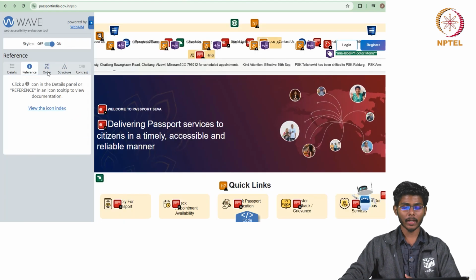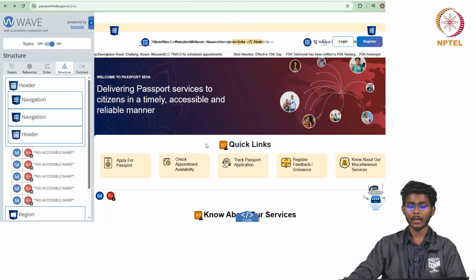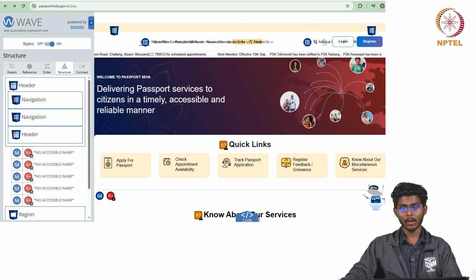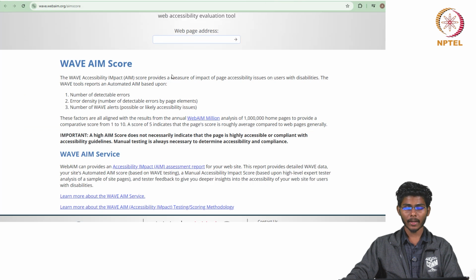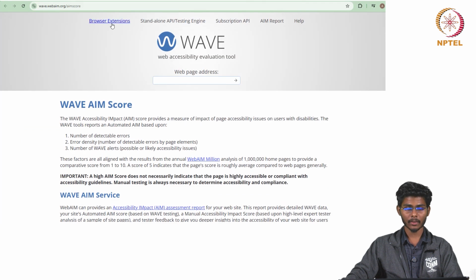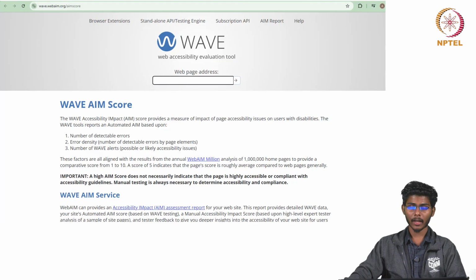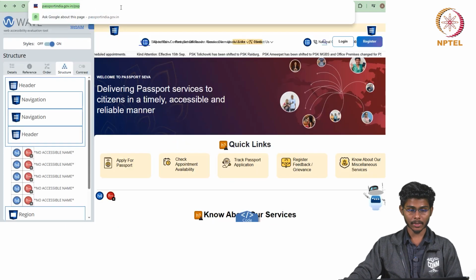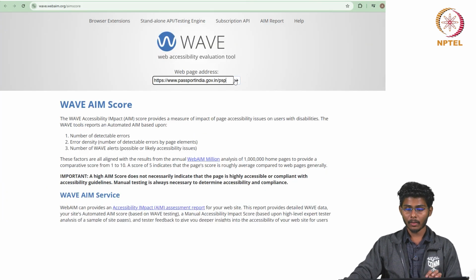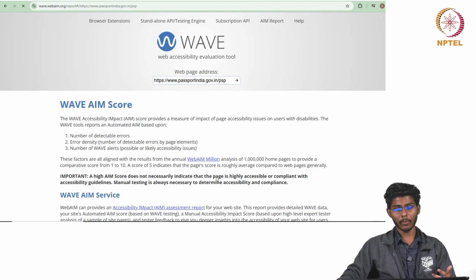This is how we can use the WAVE evaluation tool in any of the interfaces, and also you can directly use it at wave.webaim.org, where we can directly copy and paste the web URL. It will directly generate the report.